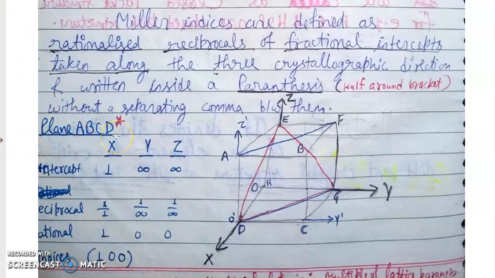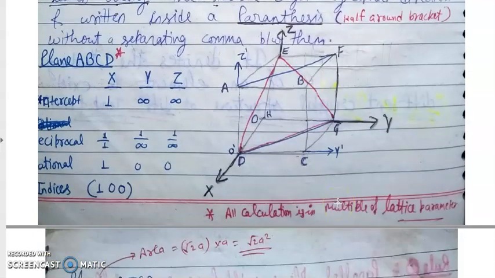So as I have calculated the Miller indices for plane ABCD, similarly you can calculate the Miller indices for various planes. I will take one other, which is your plane DGE, a triangular plane, in which corner D is passing from axis X, corner G is passing from axis Y, and corner E is passing from axis Z. All the corners are passing from one axis each. So let's see what the Miller indices will be for the DGE plane.